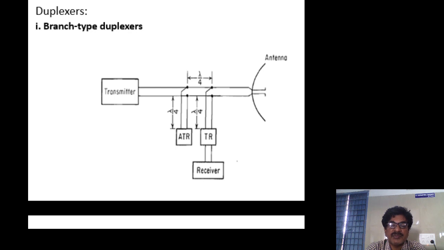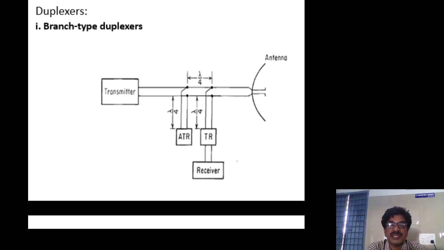This duplexer connects the transmitting section to the antenna during the transmitting stage, and at the same time it disconnects the receiver unit. Similarly, in the receiving case, the antenna is connected only to the receiver unit but not to the transmitter. Such action we can get through the duplexer arrangement, so that it isolates the transmitter and receiver when you use a single antenna for both transmission and reception.